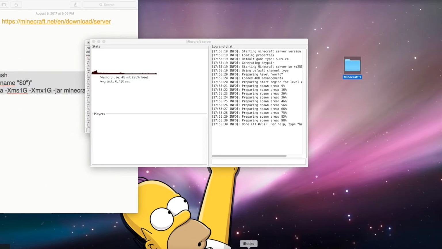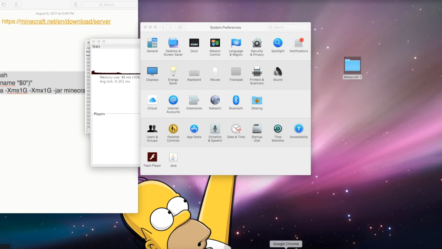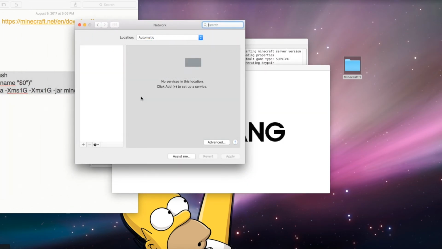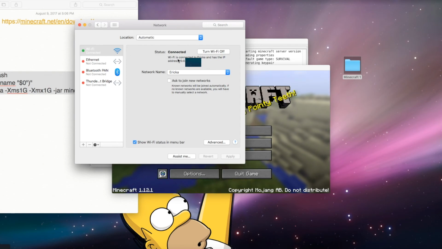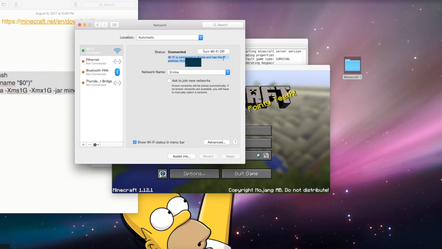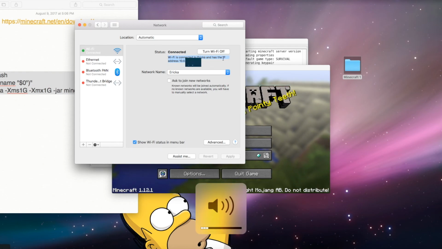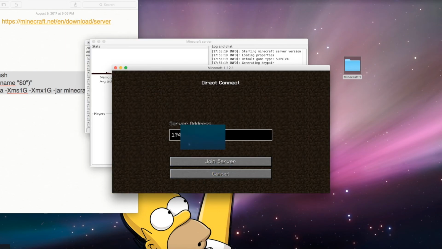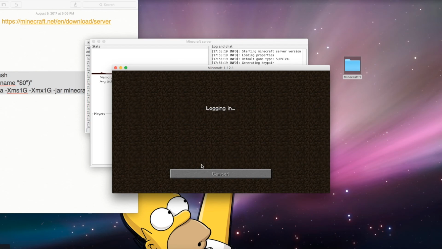If you don't know what your IP address is, go to System Preferences. On System Preferences, you're going to go to Network. My network, right here, says Wi-Fi is connected to Erika, which is my Wi-Fi name, and has an IP address of whatever it is. So in my case, when I go to multiplayer and I go to Direct Connect, if I input my IP address,